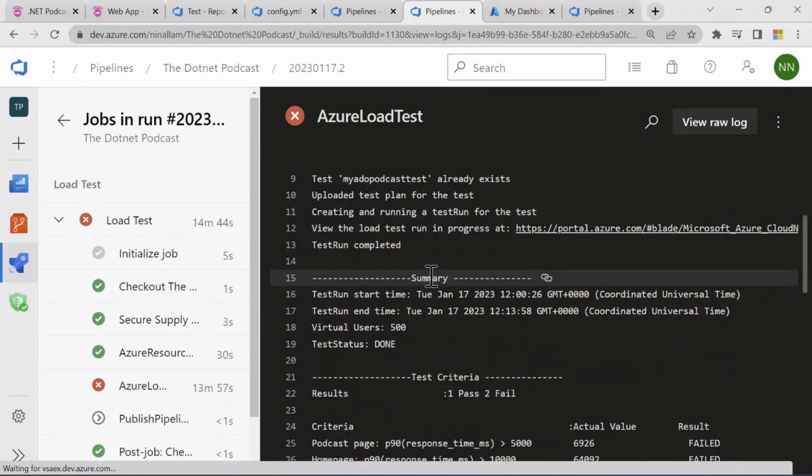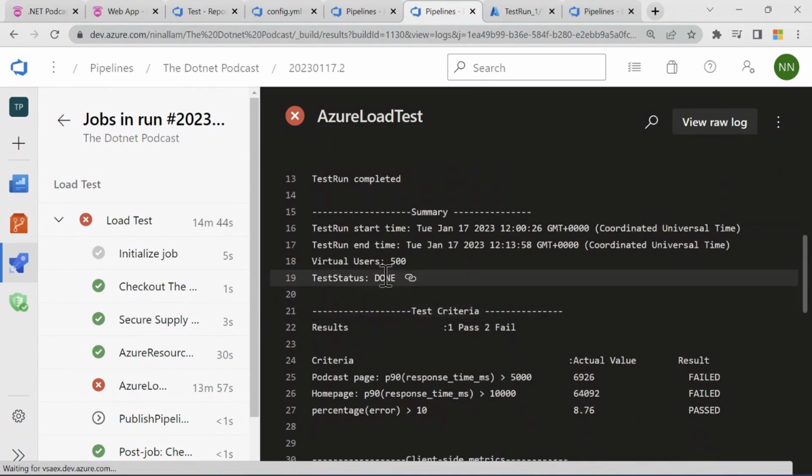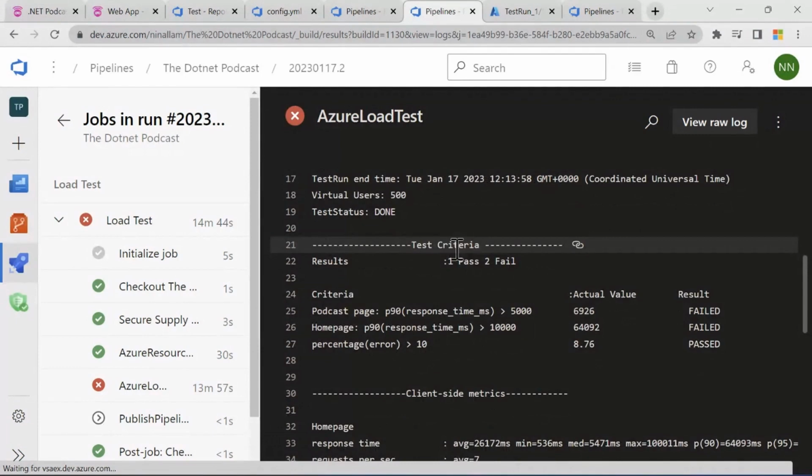And we also have the summary. Once the test run is completed, you have what was the start time, end time, how many virtual users, and what was the status of the test. So the test status is done, which says that the test run completed. But let's look at the test criteria. As you see, we had defined three criteria, and two of them failed,